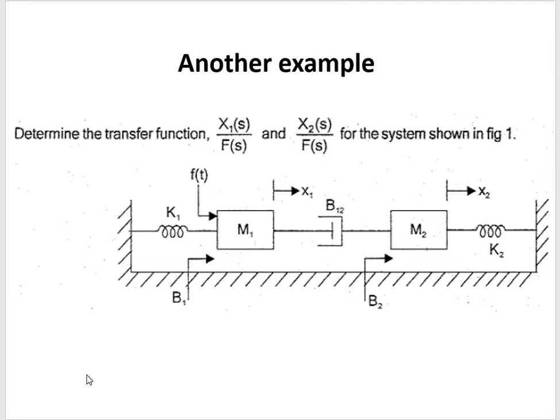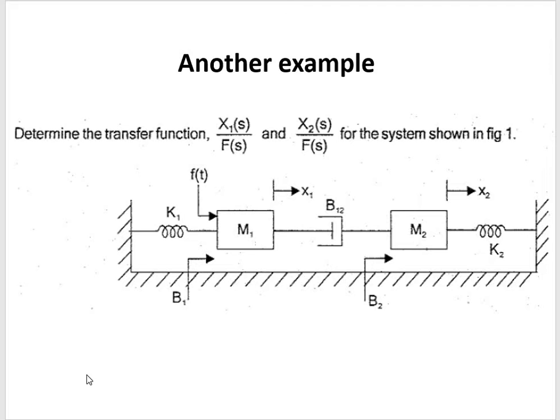Good morning, students. In the last class, we have seen the topic of mechanical translation system. In that system, we have discussed what are the symbols that are used and what are the components that are relevant to the mechanical translation system. Anyway, we will recall the components and the symbols that are used. The basic elements are first one is mass, second one is spring, and third one is dashpot.